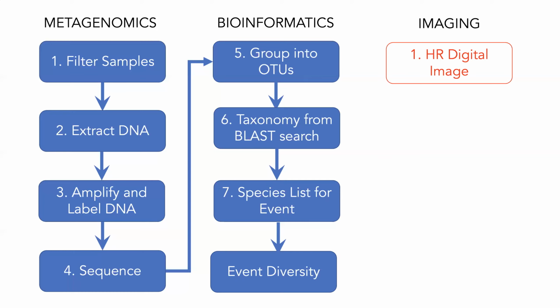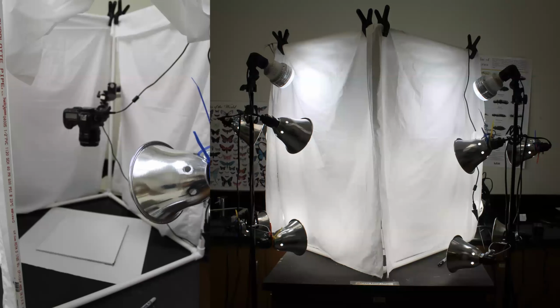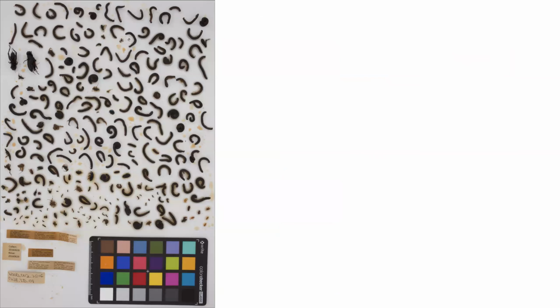The metagenomic method is not necessarily quantitative. It doesn't tell us how many individuals of each taxon are there or how much biomass of that taxon is there. And so to get at that, we're using high resolution imaging. We take a picture. Here's our setup. This is a 50 megapixel Canon camera, which ironically is out of focus in this image. But we use the diffuser sheets and a whole lot of light so that everything is bright enough and there are no shadows. This is an example of one of the images that's been downscaled here so that I can fit it into the PowerPoint.